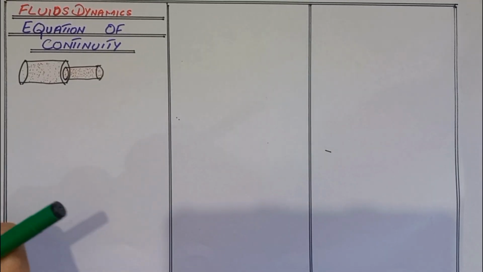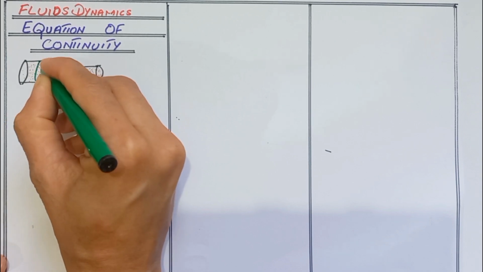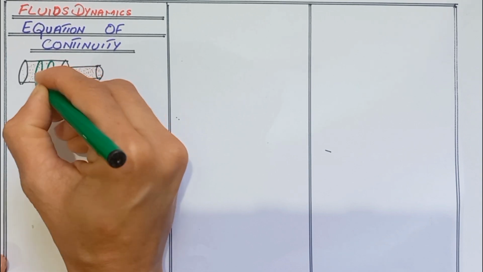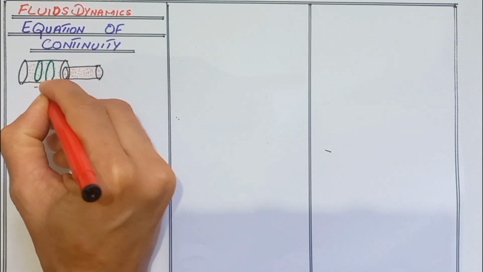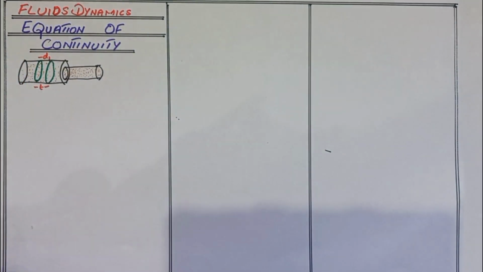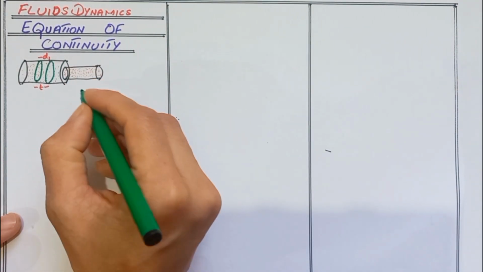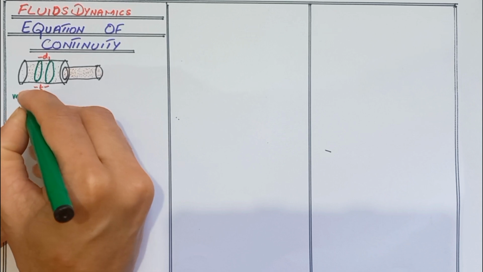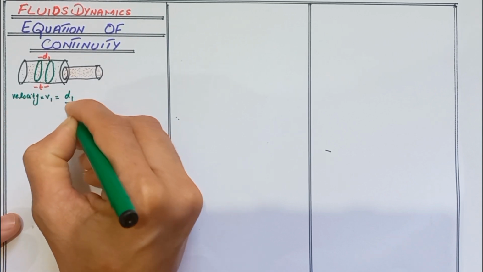Now in the equation of continuity, we imagine that in a time interval t, the molecules move from this cross section area to this cross section area. That takes time t and covers distance d1 over this entire interval. So if our gas molecules are moving this distance d1 over time interval t, then velocity v1 is equal to d1 over t.